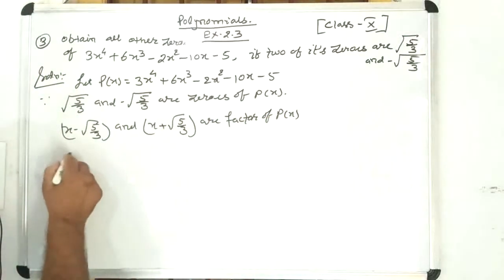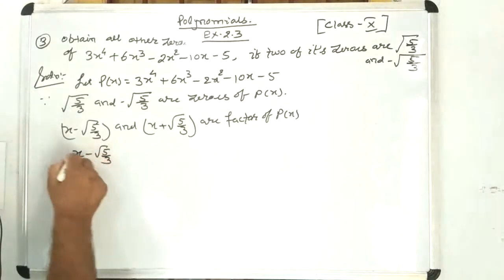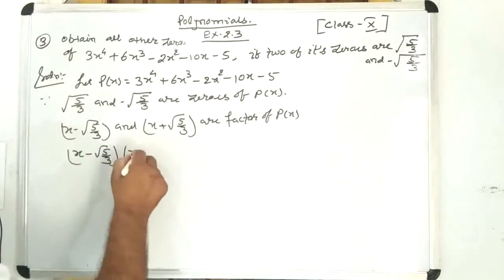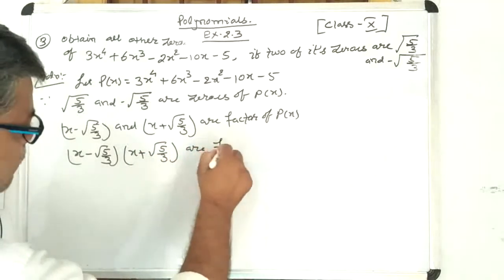So their product will also be a factor: x minus under root 5 by 3 into x plus under root 5 by 3 is a factor